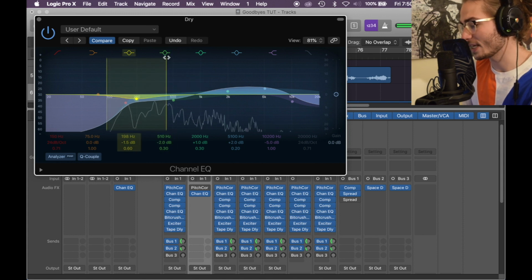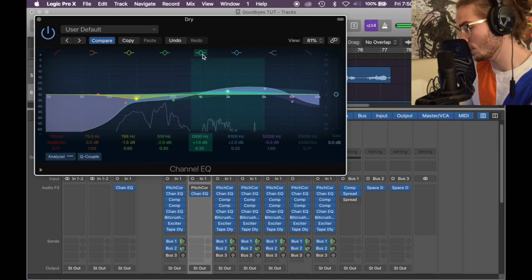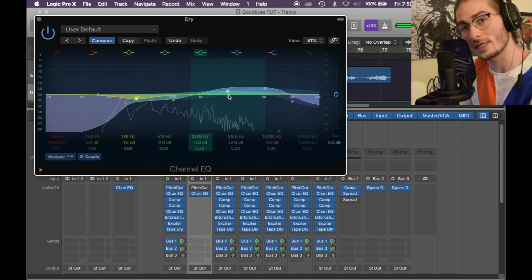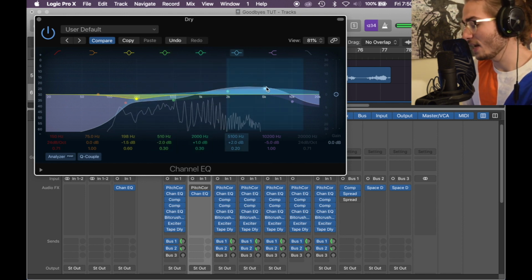0.6. Next we have this green one to take away from the 500 area, which I don't like ever. Took it to 500, dropped it 2 dB with a 0.3 on the width. With this green, we took it over to 2000 hertz and raised it 1 dB with a 0.3 width, just like the last one. Then we took the blue and brought it over 5K and raised it 2 dB to